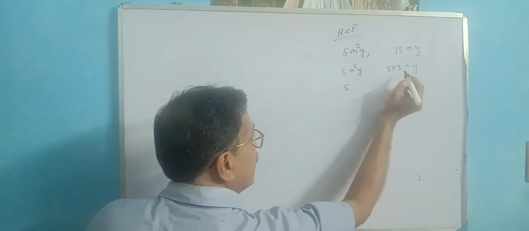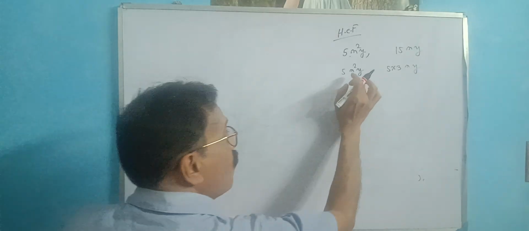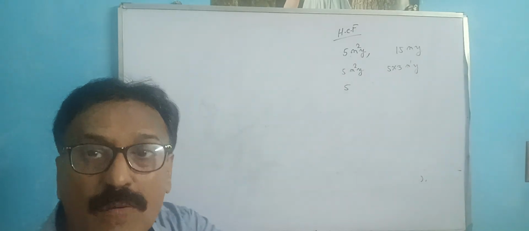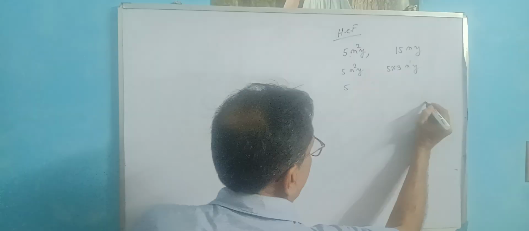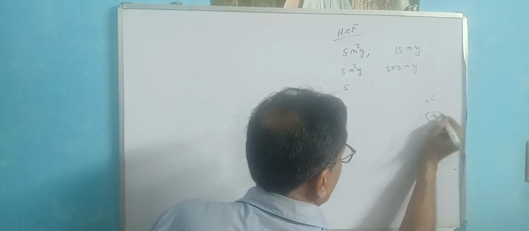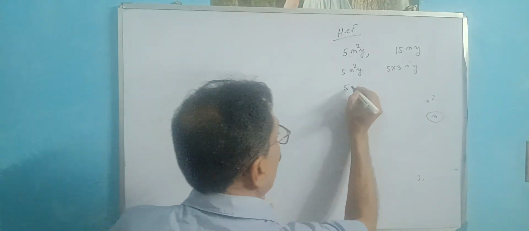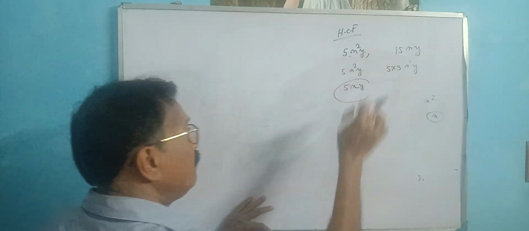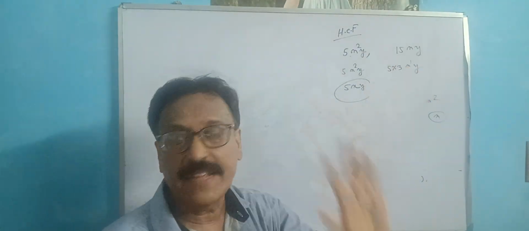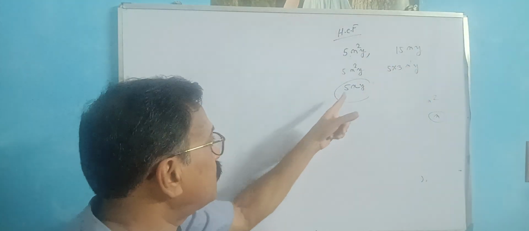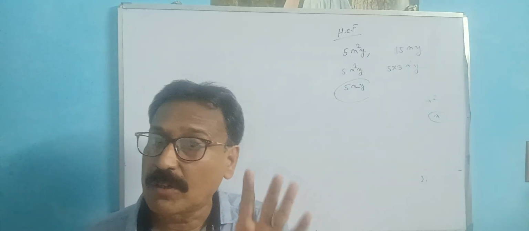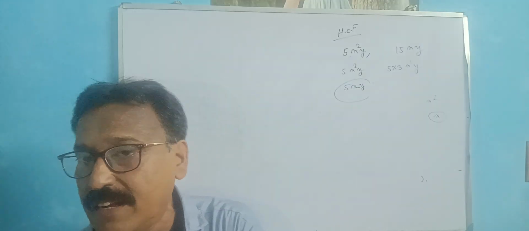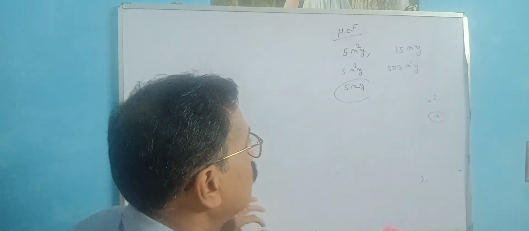Now here is x, here is x. But the power of x is x square, 2, and here the power is 1. You always take the lower value, the lower part. Here is x square and here is x. Which one do you take for the HCF? x, the lower part. And here is y, here is y, you take. That means 5x square y and 15xy, what is the HCF of this? 5xy. This is a very important concept of HCF, and this is very important in case of finding the factorization. Okay, now